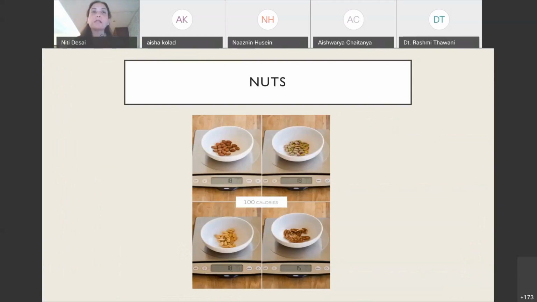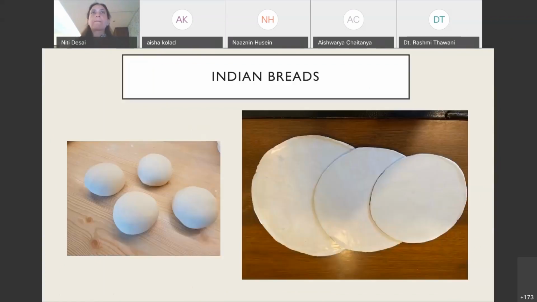Yes, it's easy to say that, but a lot of patients want to know exactly how much they're eating. So we've kind of figured out the number of nuts which would give you a 100-calorie snack. And again, the visual always has a higher recall when somebody sees it visually.